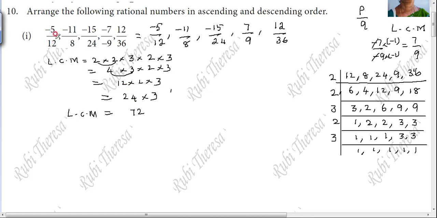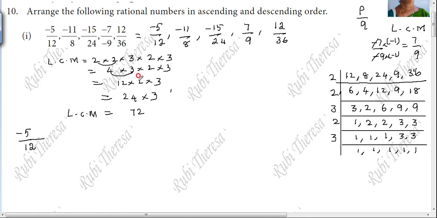So first, what is the number here? Minus 5 by 12. So here only you have to take. Just for understanding I did this. Understand? So this is the number they have given. So 12. Understand? Why I did step by step, now you will come to know. So by what number you have to multiply this 12?